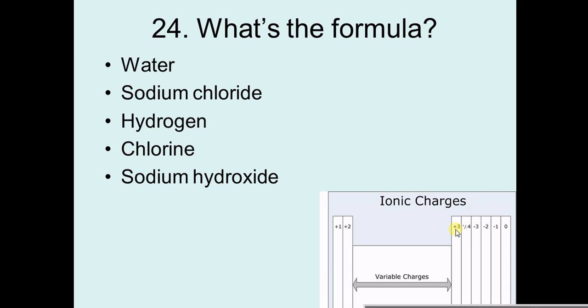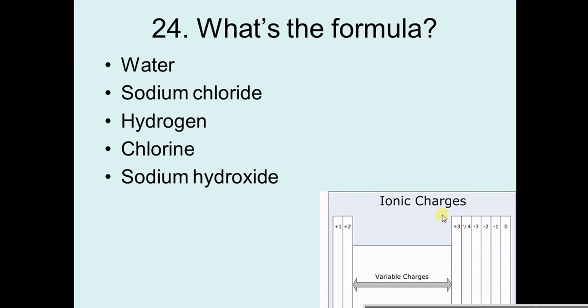Group 3 plus 3. Group 4 can be plus or minus 4. Group 5 minus 3. Group 6 minus 2. Group 7 minus 1. And group 8 or 0 don't have a charge because they don't form ions. Okay, so you can think of it as being symmetrical around group 4 with a mirror here. So you've got plus 1, plus 2, plus 3, mirror, minus 3, minus 2, minus 1 in terms of